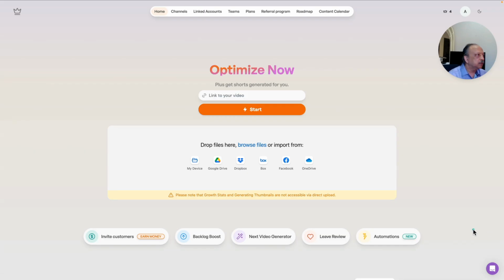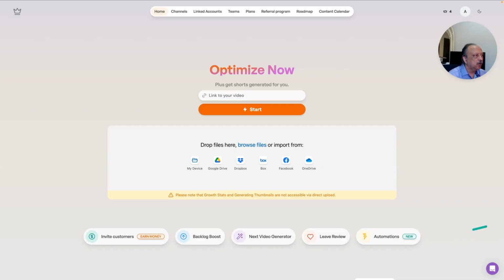So here's the Taja account, my own account that you see on the screen. As you can see, it's a fairly clean layout of the app. There's no confusion. It's fairly intuitive. I do have some suggestions for the Taja team to optimize the UI to use the vertical space